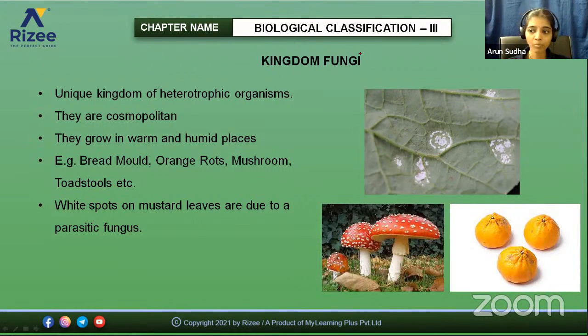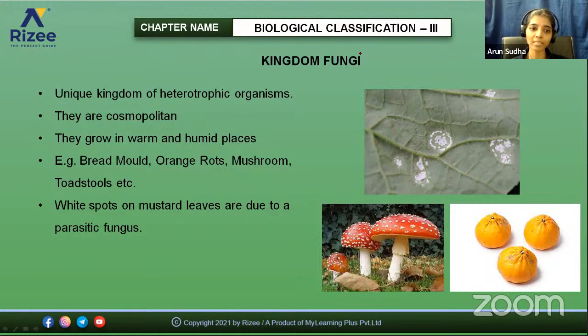So if you take the kingdom Monera, they are all prokaryotes. The primitive prokaryotes are all coming under the kingdom Monera. Then comes the Protista. So what is the main difference that we saw? From the prokaryotes, it progressed to eukaryotes. So the main difference is that all the unicellular eukaryotes are placed under the kingdom Protista. So here is still more evolution. Here this fungi is also a eukaryote.